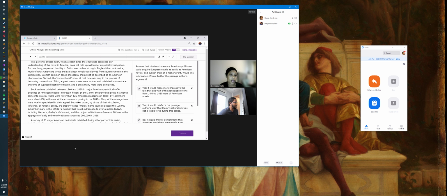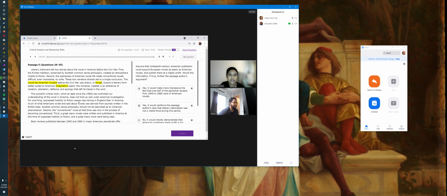And a great many more were being read. So for here, I was going to say the tone is more neutral because it was just information, right? Yeah, he's basically presenting narratives. So the second one, I would say he has a